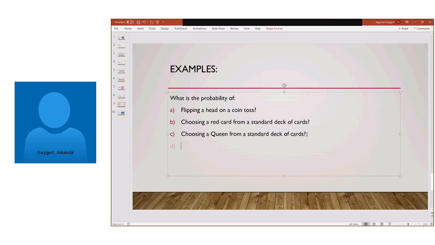And Megan, you're going to be up. So I'm going to type this in, and I'm going to give you a little bit of a harder one. Okay, and everybody else think about the answers, but I'm going to have Megan answer this one. Now, whenever you're ready. 1 out of 26. Okay, good. Now, what would be the answer before you reduced? Can you tell me that part? 2 out of 52. Good.